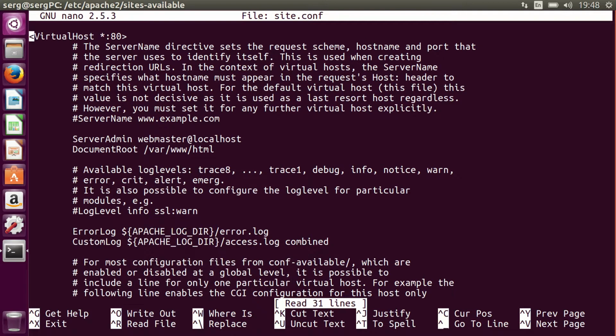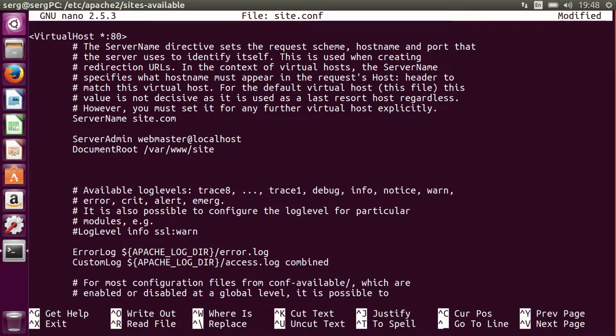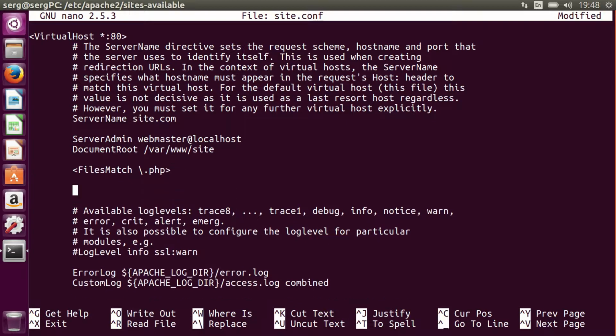Type in sudo nano and then site.conf. Press enter. Here I will just change the server name, and I will be using site.com. And also you need to fix the document root. Later we will create that directory. And in order to process PHP, we will be using this technique. So type in FilesMatch, and then what you want to match. So this will be a regular expression. So type in \.php, close the tag,